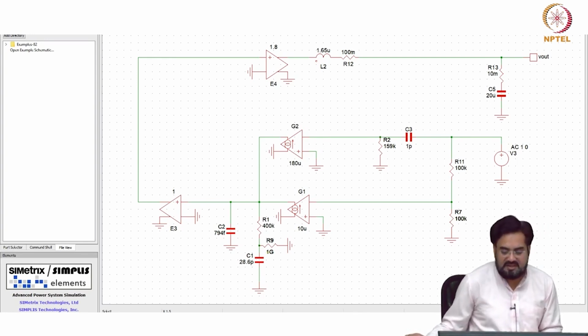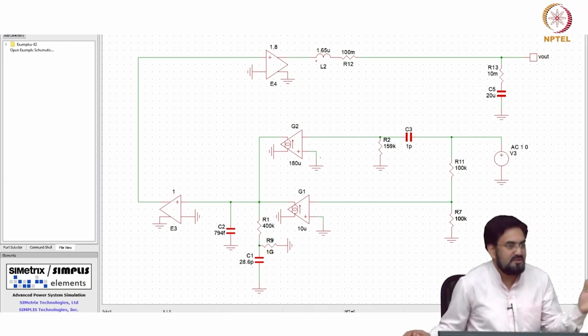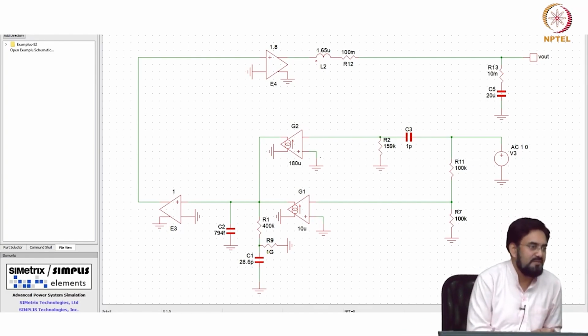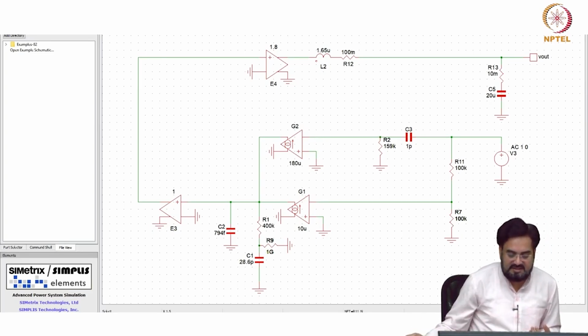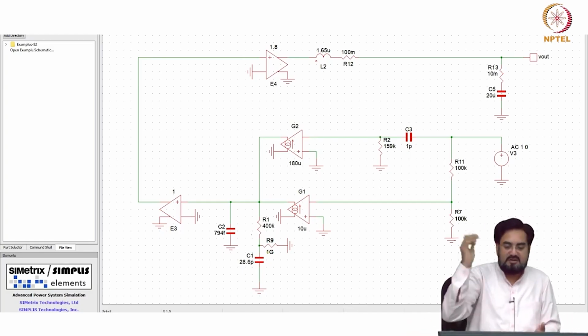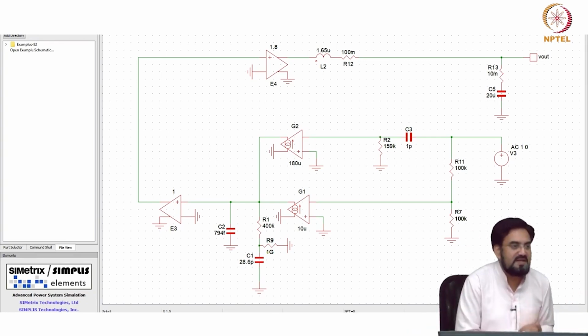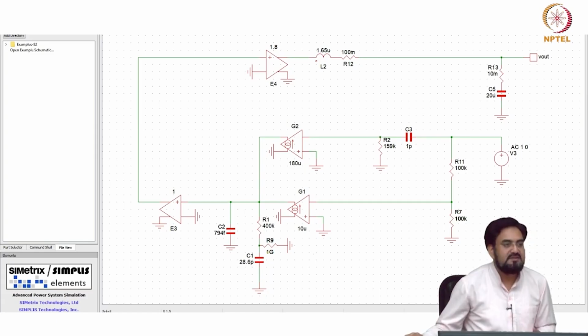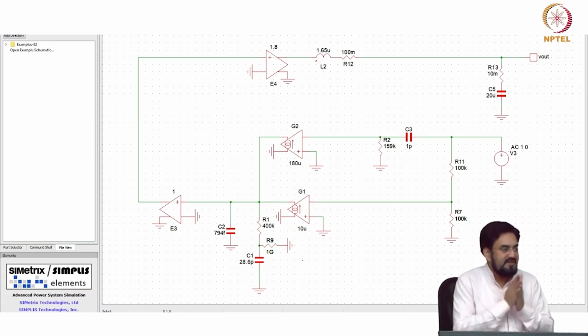So you may get an area benefit here, and another advantage is tunability. You can tune simply with the current. You can add a current DAC inside your GM and tune the zeros, which is not possible in the case of an op amp, because you have to tune both R and C, which will disturb almost everything. Here you just change the GM. So you can use a current DAC inside GM and an R DAC at the RP and tune it accordingly. If somebody wants to put, let us say, your omega naught will get changed, accordingly you can change the zero by simply feeding the digital bits.